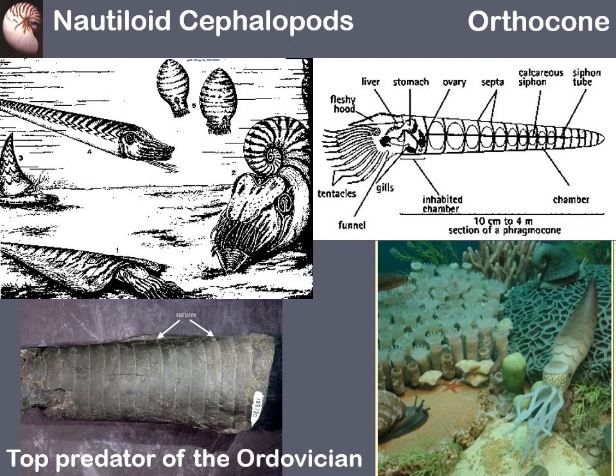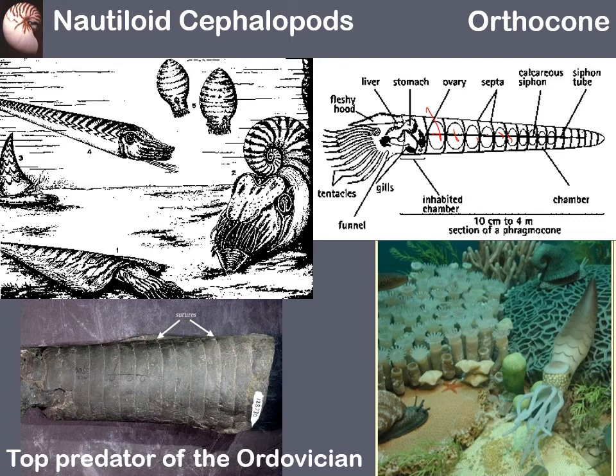So if you think about a squid or an octopus, they don't have any hard parts really. They don't have a shell, but the nautiloids do. So these were gigantic squid-like organisms that had this chambered shell. Each shell was broken up into little compartments, like here and here and here and here and here. Each one they could fill with water or pump water out of. Now, if they fill all their chambers with water, they're heavy and they sink to the bottom. If they pump water out of those chambers, they become buoyant and they can rise up. And if they do it quickly, they can propel themselves through the water like a bullet.